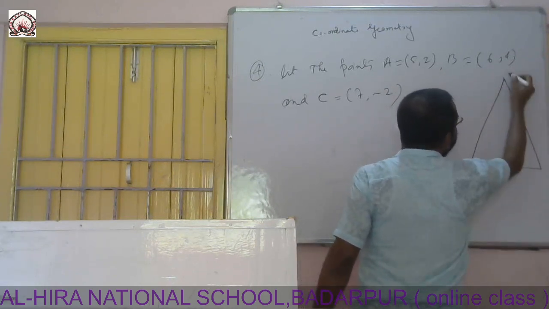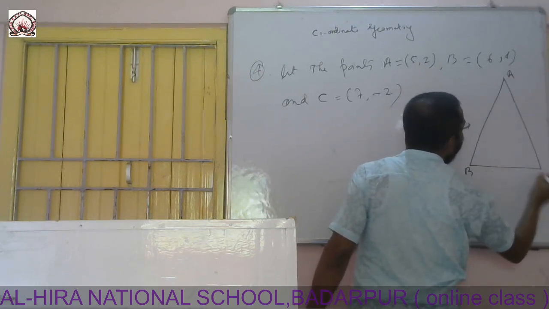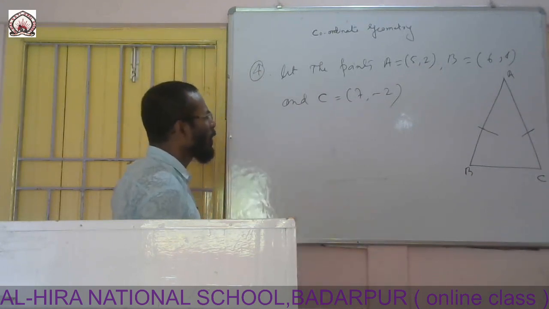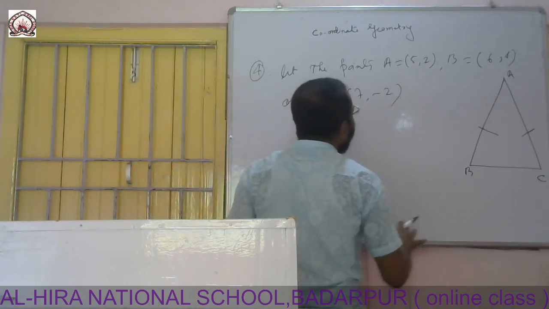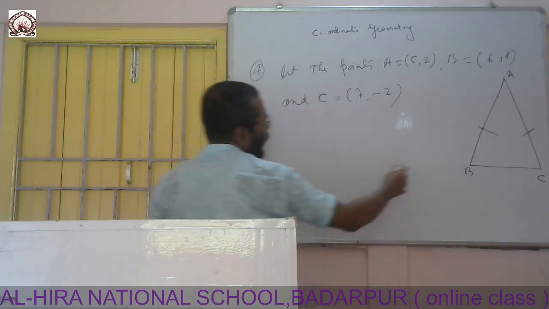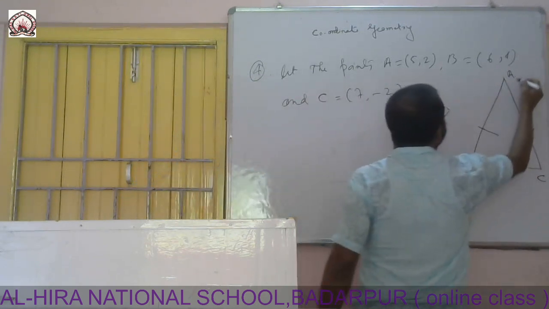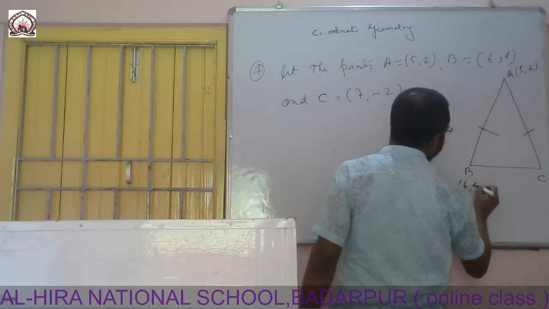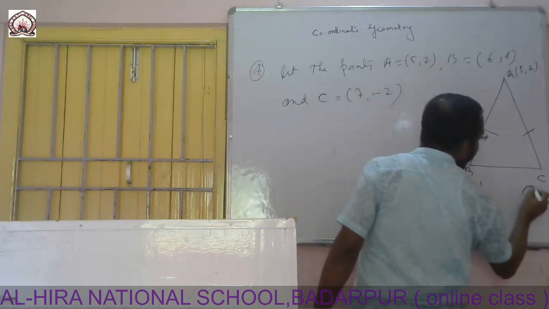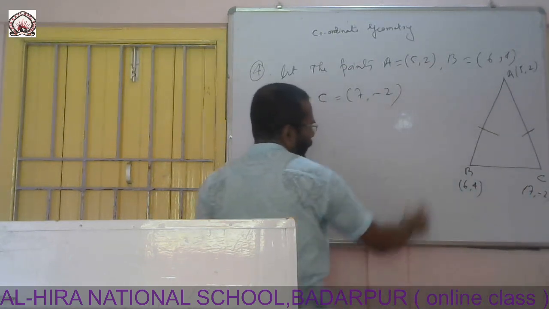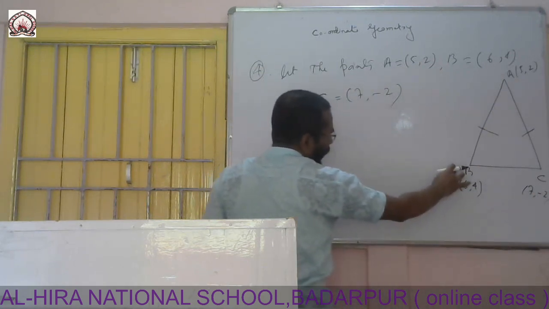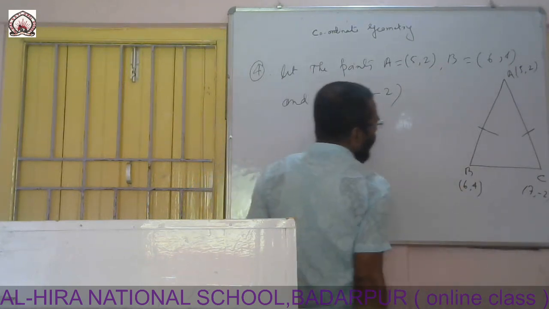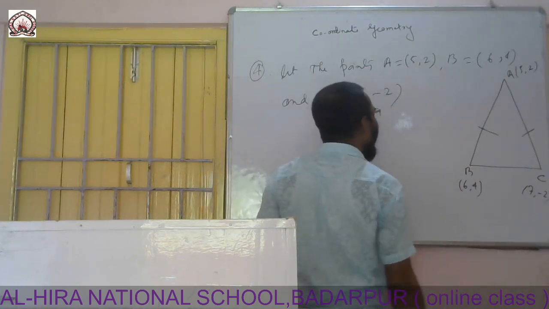and suppose this one is a triangle and this one is A, B, C. So, if it is an isosceles triangle, then AB should be equal to AC. Completely, this depends on the distance formula. So, here this is A, this is B, this is C. If we write here A (5, 2), B (6, 4) and C (7, -2), the coordinates, then by using the distance formula we are finding this AB and this AC. Clear? So, if AB is equal to AC, then this will be an isosceles triangle.